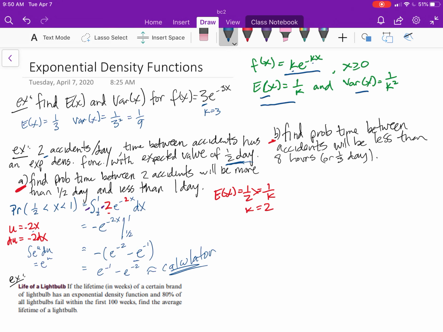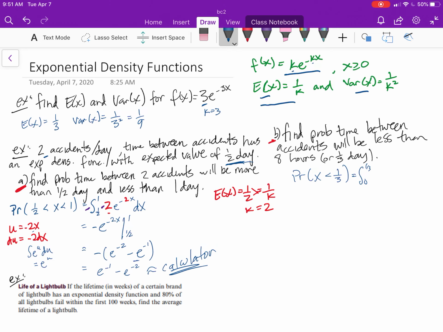Okay. Part B here. Find the probability, same scenario, same expected value, that the time between the accidents will be less than 8 hours, or 1/3 of a day, right? 8 hours is 1/3 of a day. So the probability that x is less than 1/3, that's the same as integrating 0 to 1/3. We have that same integral, and